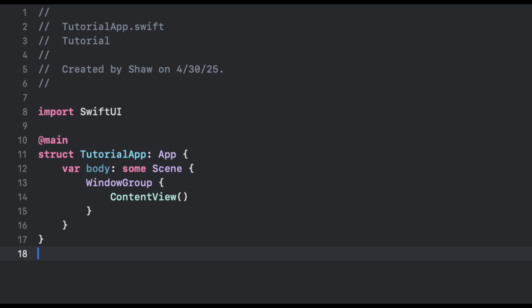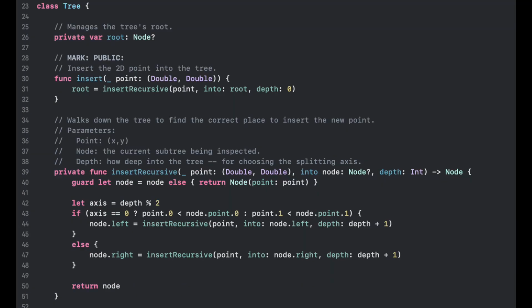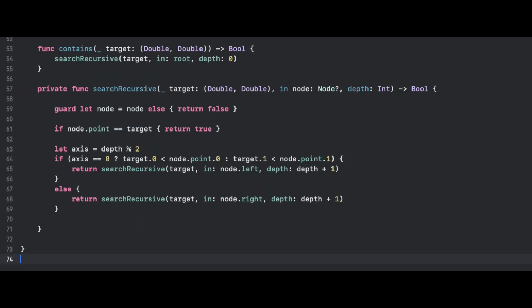TutorialApp.swift launches the app, sets up the main window, and shows the content view. This app, coded in Swift, follows a clean MVVM design. That's short for Model View ViewModel. Tree.swift contains the model. It defines our KD tree for 2D points. The node class stores a point and optional child links. The tree class handles inserting new points and checking if a point